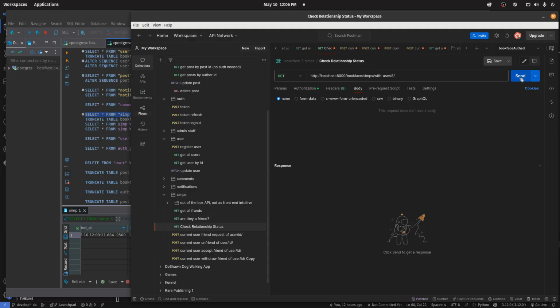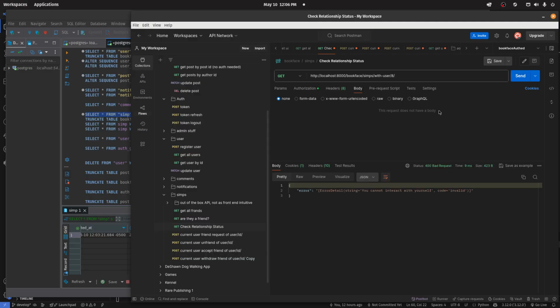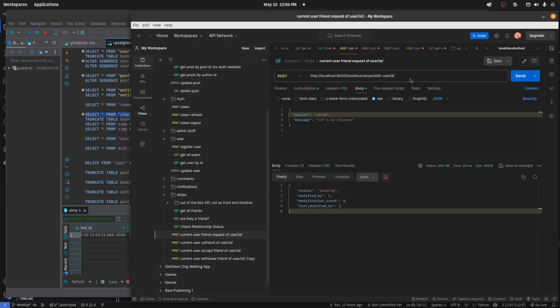This will give us an error because we're talking about ourselves. Remember, we're logged in as 8, and we're looking, but I can go like this. And I've tried to, and so it's a former friend, and then this is a renew action. And I can go in more depth specifically, if you have questions about the actions and sending it. But for these requests, I thought it was better to relate to the two users, with the logged in user relating to the user that they want to have a relationship with, and have these action,